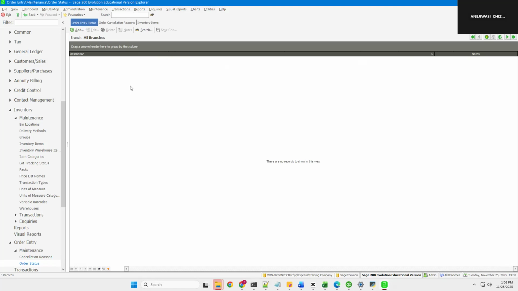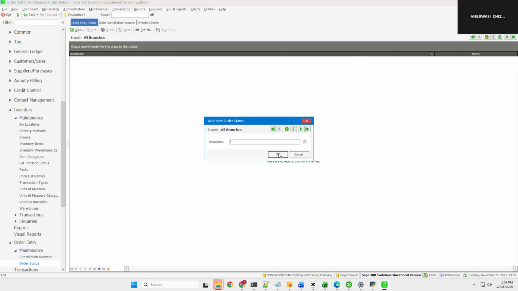So these statuses are just like your reasons. You come up with the order status. If you're having a situation whereby you get sales orders, but you are not able to fulfill them all at once, then you may want to track the status, the stage at which each order is at. So you add those reasons. It's more like a description. You can say 10% completed, you can say 50% completed, whatever description you put,